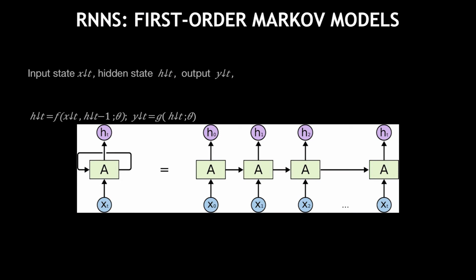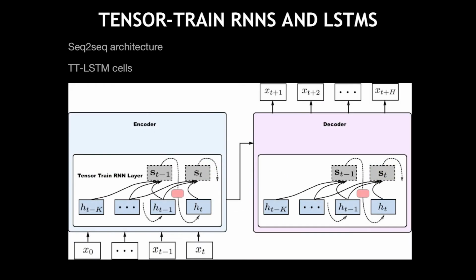So is there something intermediate, in the sense that there is still a sequential transition of the hidden states, but on the other hand, with tensors, we can express higher order correlations better. And that's what we did in this work called tensor train RNNs, where the idea is, instead of one hidden state, the bottleneck propagating forward, we look at a window of hidden states and find low-rank tensors that express the higher order correlations between them.